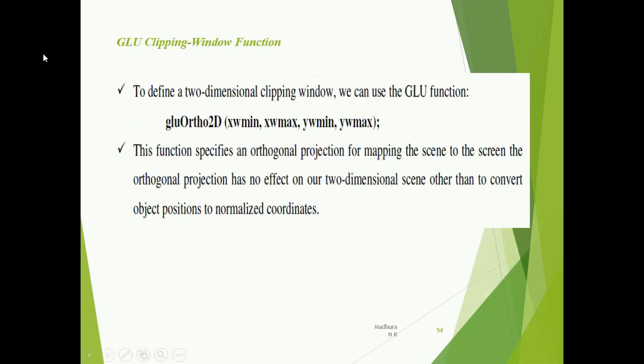To define a two-dimensional clipping window, we have a function called gluOrtho2D(xwmin, xwmax, ywmin, ywmax). If you want to define a clipping window in your program, you can define it using GLU. Remember that this is GLU, not GLUT. Next you have Ortho2D, since it is a two-dimensional figure.